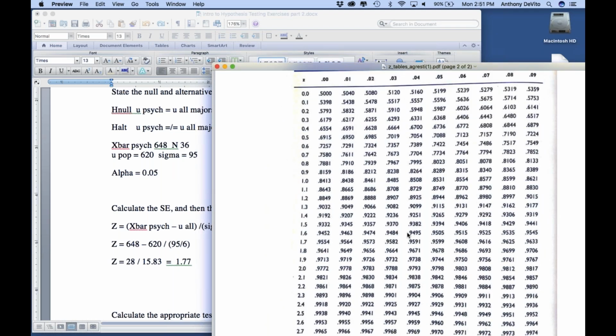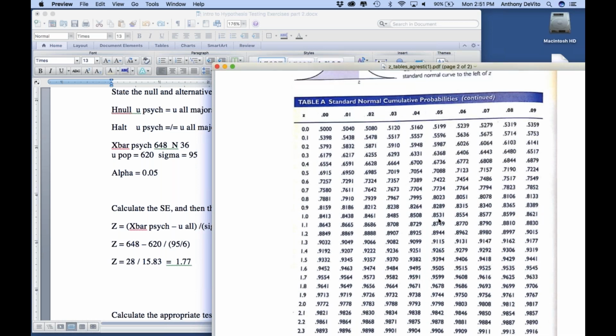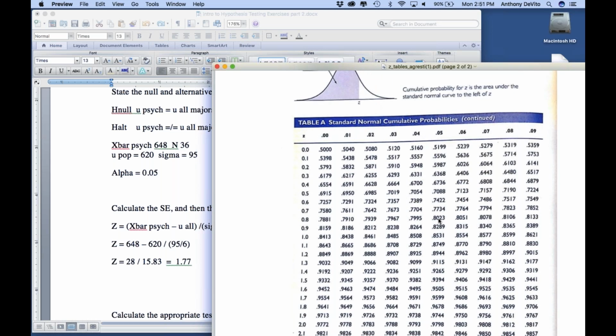So I would have to subtract 0.9616 from 1, and it comes out to 0.0384, 3.84%, right? Now 3.84%, that's less than 5%, right? But that's not what my p-score is, right? Because now I have to double that number to account for the other tail, right? That only gives me one tail. I have to double that number. So it really comes out to 6.28%,